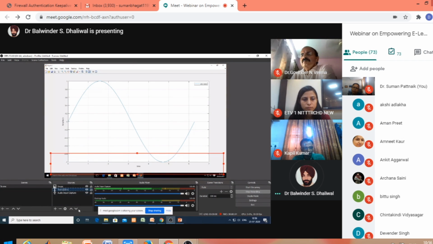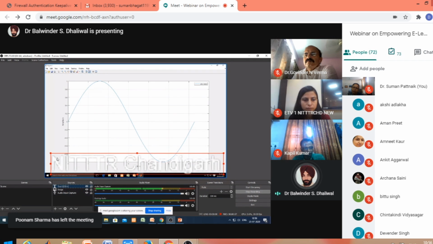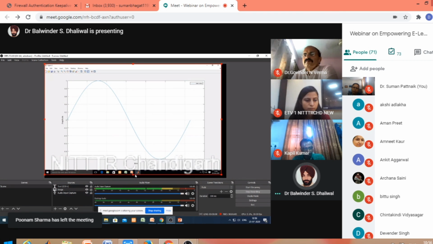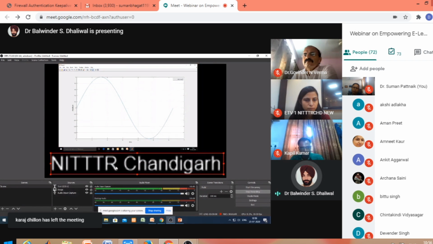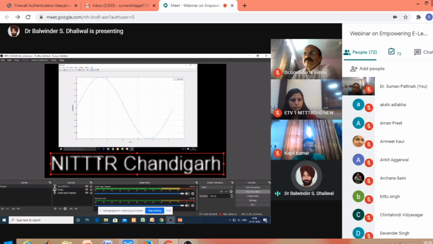Here we can see we are having this particular sine wave image, and we are adding text to this. So we can also change the color of the text. Like it is here shown as white. So there are options also to change the color of the text. So we can easily change the color to the desired color. So this way we can record our text also along with the images or image slideshow.